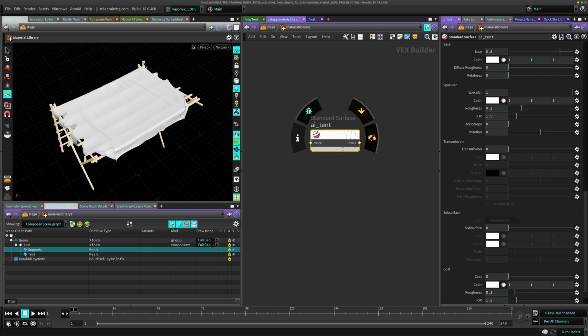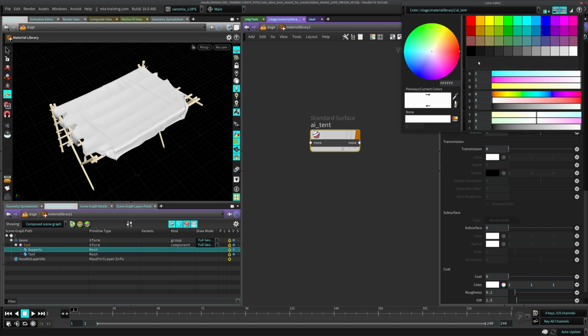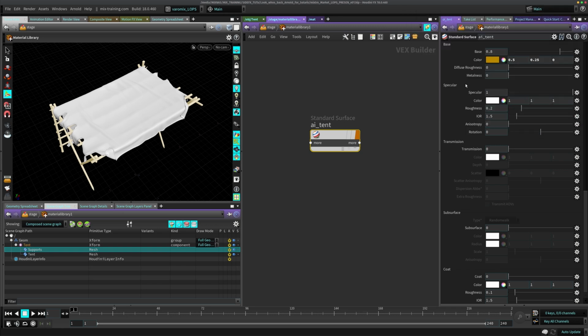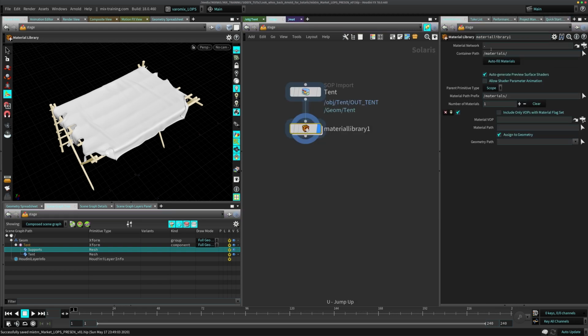You need to enable this material flag here. If not, you're not gonna be able to select it. So I'm just gonna put some color here just so we know that this is doing something. Let's just start with one. So let's go back here, and then to populate this list, you need to populate it basically. But it's very simple, because you can just click this autofill materials button here, click it, and you can see